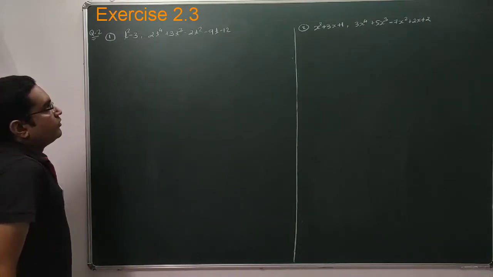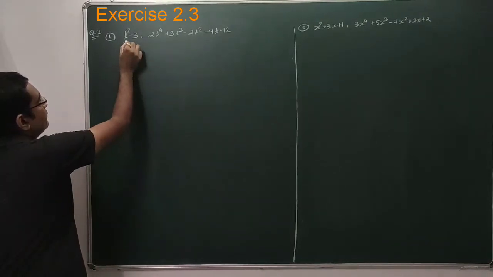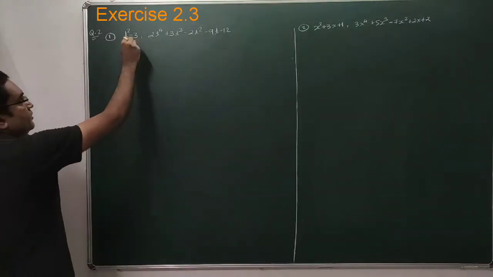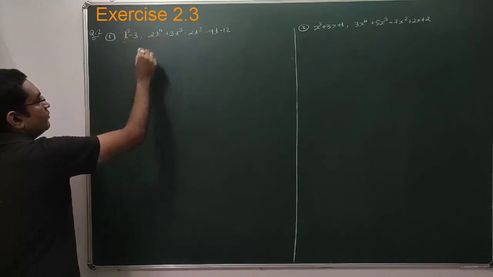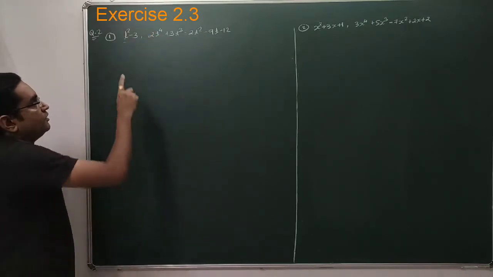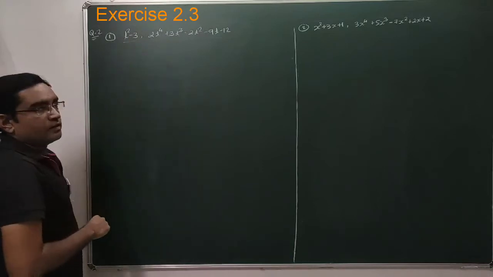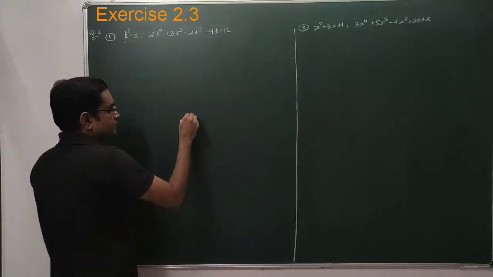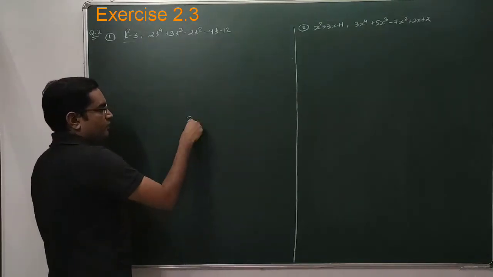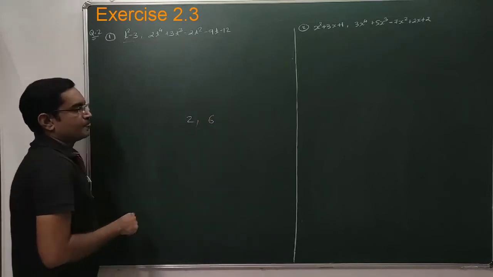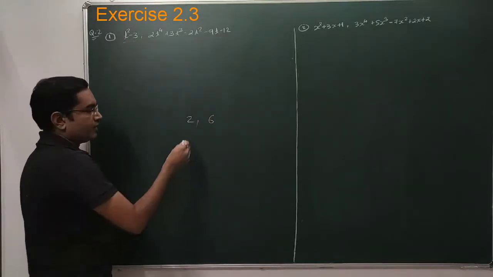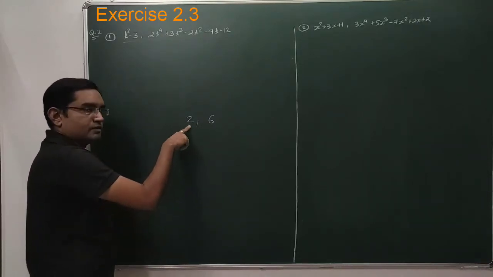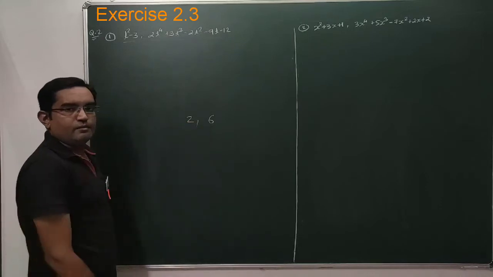In question number 2, we are given two polynomials, polynomial 1 and polynomial 2. The question is, you have to check whether the first polynomial is a factor of the second polynomial or not. So what is the meaning of factor? For example, if I am taking two numbers, one number is 2 and another number is 6. Instead of two polynomials, suppose we are given two numbers, and the same question is to check whether the first number is a factor of the second number or not.